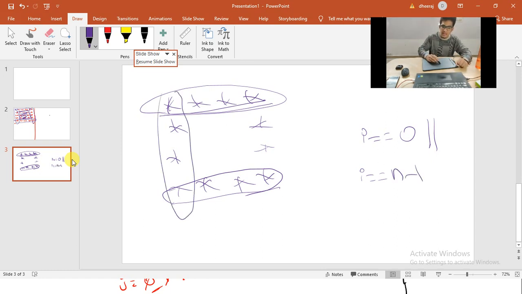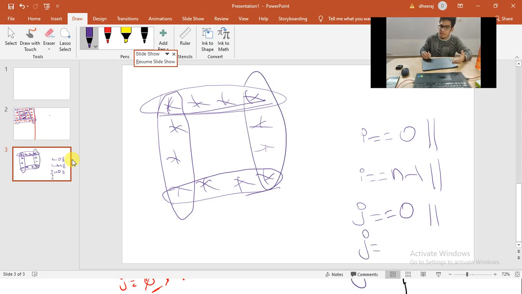You want to draw this line. Is this a row or a column? That is a column. Column is which variable? It is the j variable. j is equal to, is it the first column or the last column? First column is 0. Again the OR operator. You want to draw this line. Is this a row or a column? It is a column, j. Is it the first column or the last column? It is the last column. So j equal to n minus 1. I hope you have clearly understood this. And whatever you have written, you write inside the if. So if of this, print star, else print space. So this is the easiest way to do it. Now I hope you have understood this.